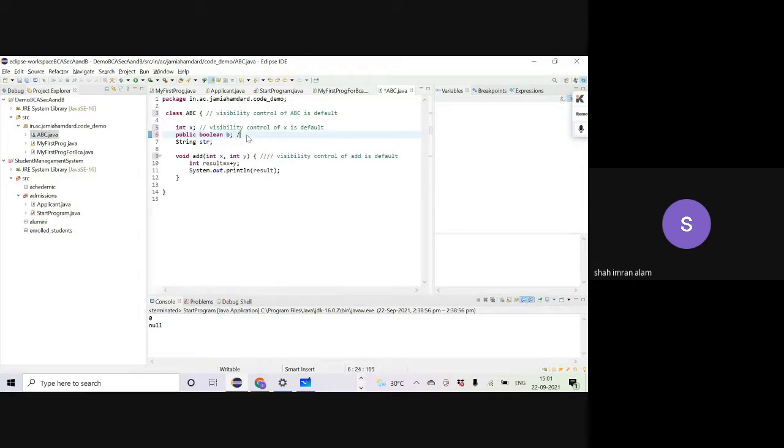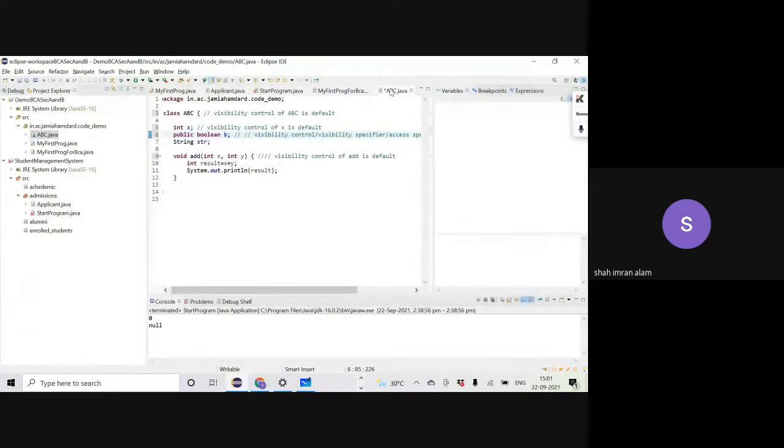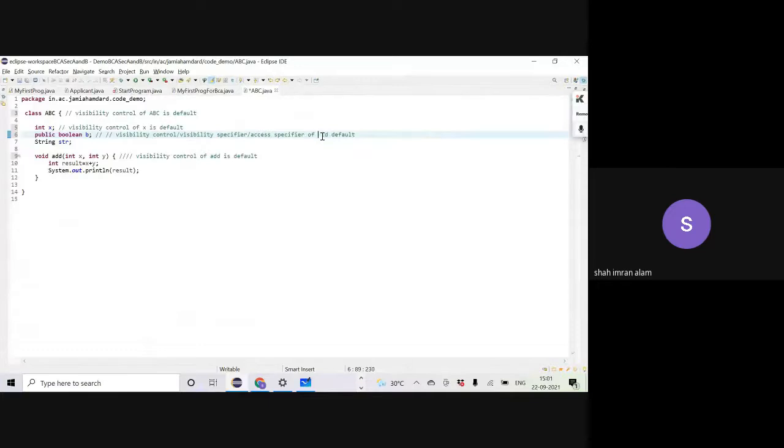So now I will say the visibility control, or I am also free to say visibility specifier or access specifier of variable b is public.